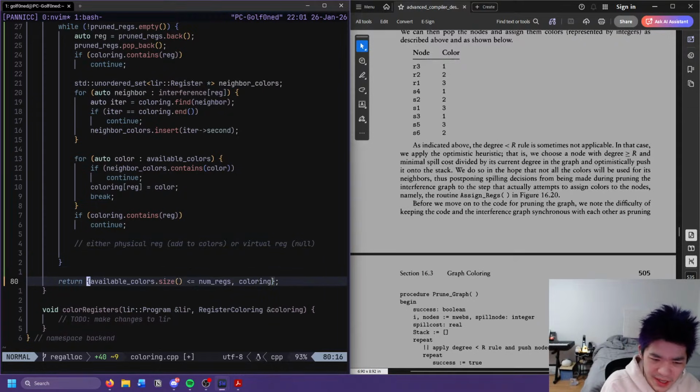Wait, no, this doesn't work anymore. Because we can't just stick more colors on. Grr. Yuck, yuck, yuck. Or we could just stick the register on at the end as a color. That would simplify this logic.